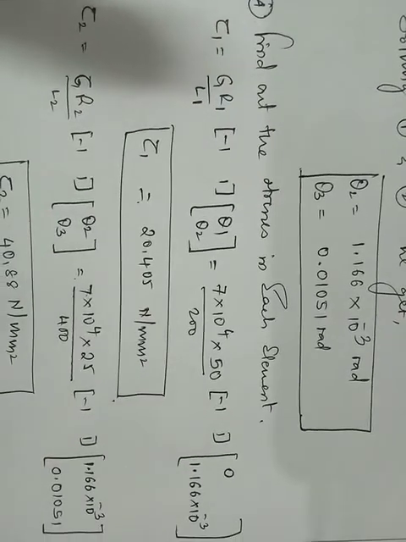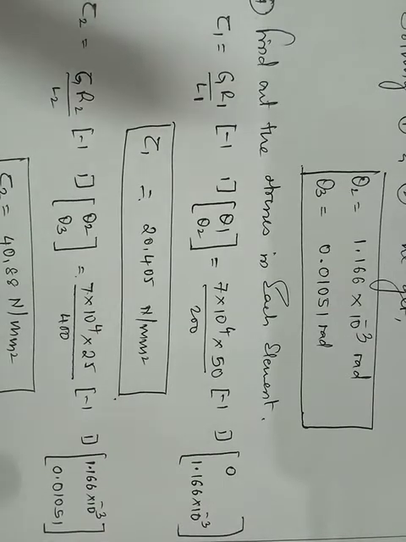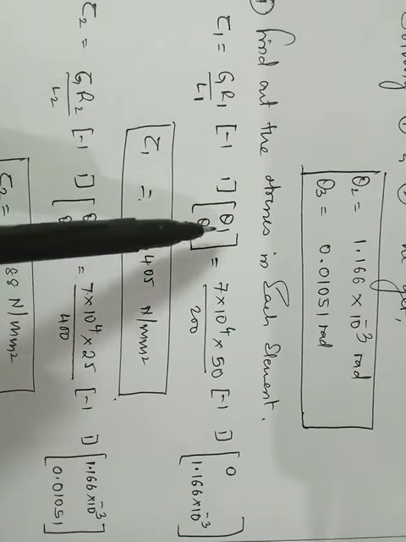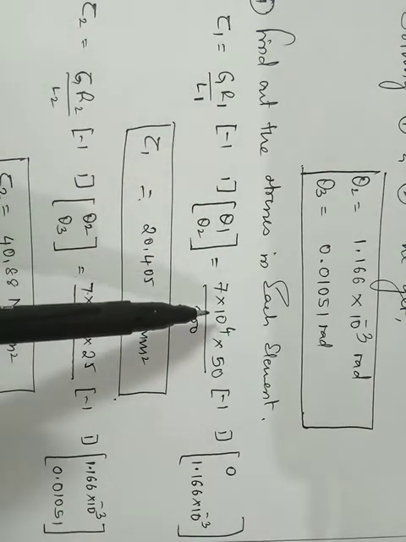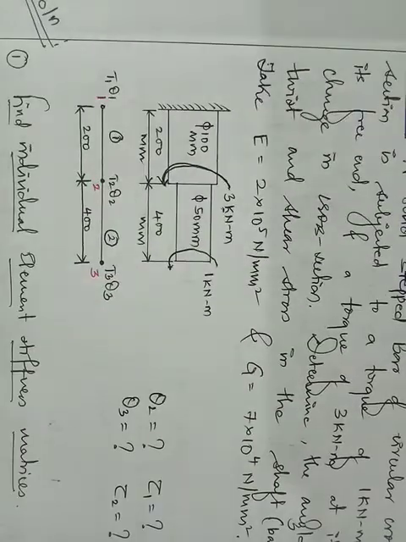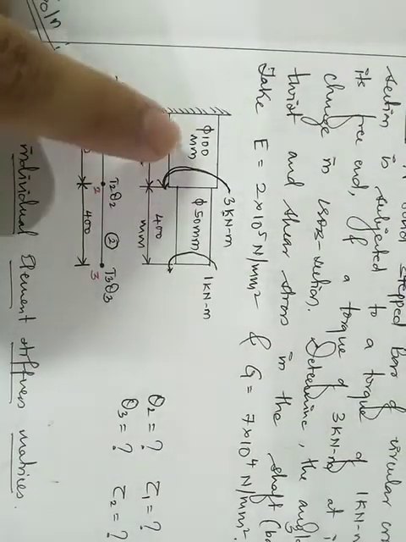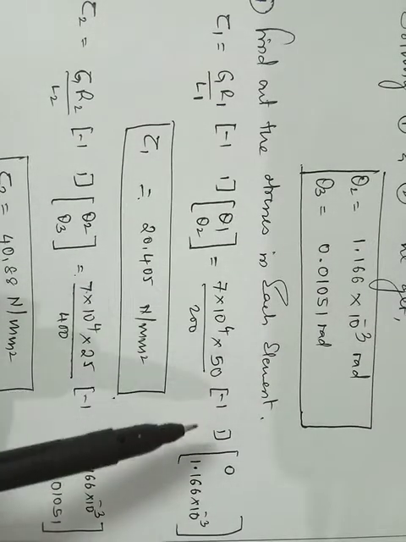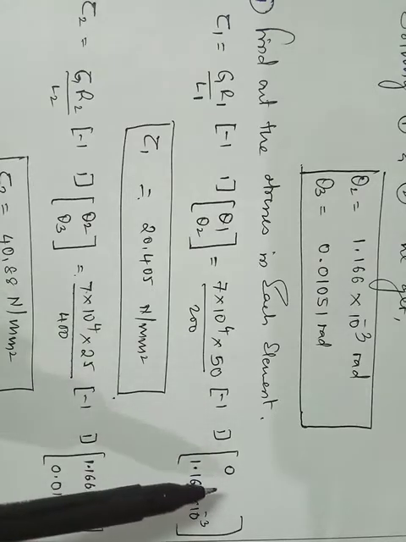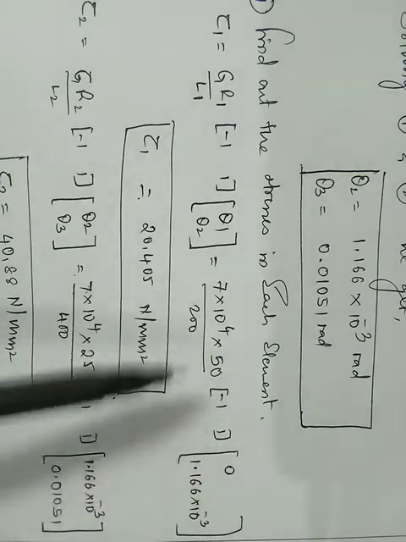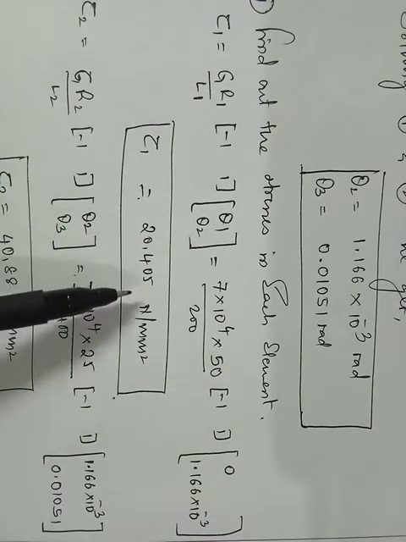And the last step would be finding out the stresses in each element. So the formula is tau 1 is equal to G into R1 divided by L1 into (theta 2 minus theta 1). So G value we know, L1 is 200, he has given us in the problem. Now R1 is nothing but the radius of the first element. The first element's diameter is 100 mm, so the radius should be half of that, that is 50. Right? So it is 50 by 200. Theta 1 is 0. Theta 2 I have got the value here, so same thing I have written here. If you simplify this, you will be getting tau 1 is equal to 20.405 Newton per mm